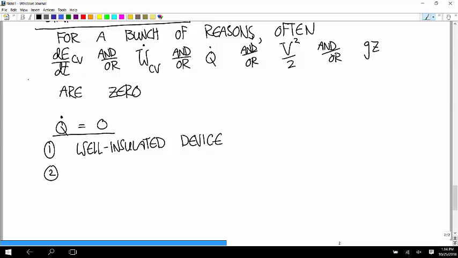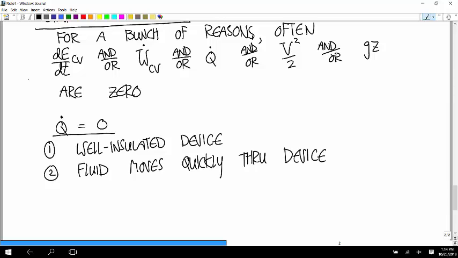So if the fluid moves quickly through the device, then you can often assume that there's negligible heat transfer. Third, if there's a small temperature difference with the surroundings, then even if it's not moving that fast, you lose a lot more heat through a window in the middle of winter than you do in the spring, because there's not much temperature difference, and that means that the rate of conduction is a lot slower. So if there's a small temperature difference with the surroundings,